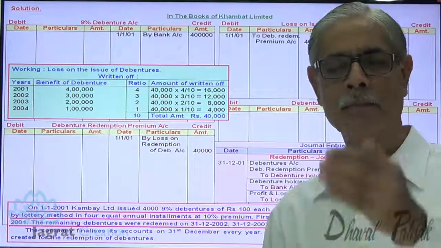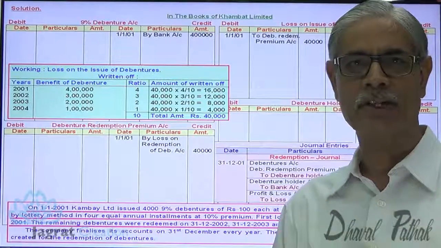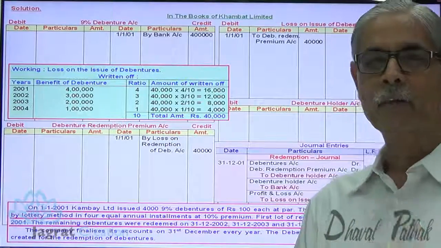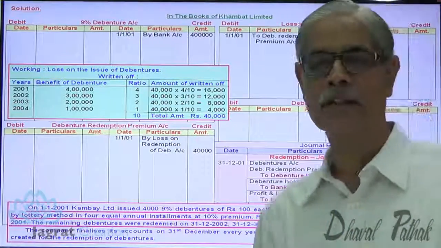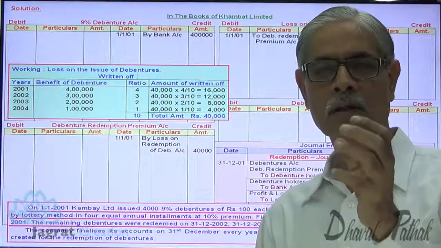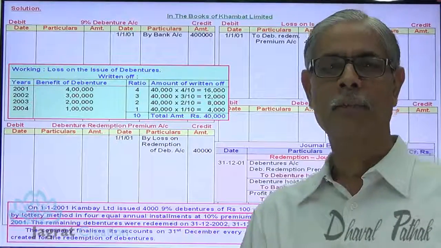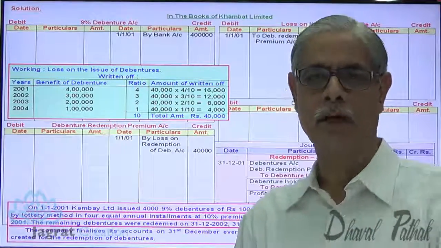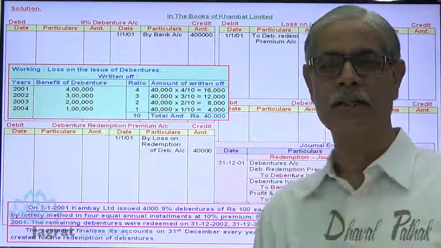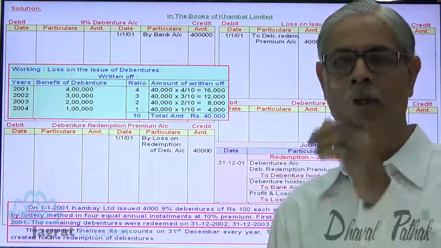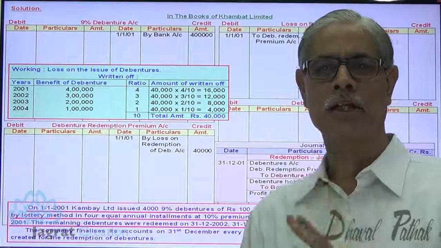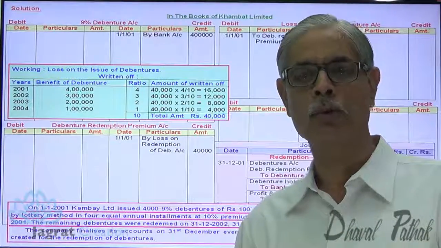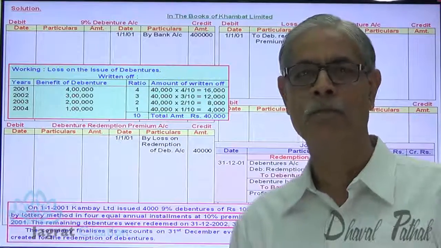Over and above, at the end of the first year, you are required to write the interest entry. You are required to pay interest on 4 lakhs at the rate of 9%, but we are not questioned on the debenture interest entry here, so it is being avoided. Otherwise, the debenture interest entry is to be recorded at the end of the year. Debenture interest account debit to bank account, profit and loss account debit to debenture interest account. That type of entry could also be asked in this type of sum.